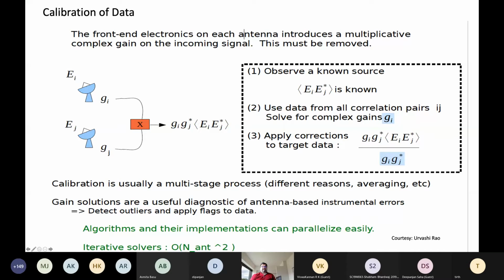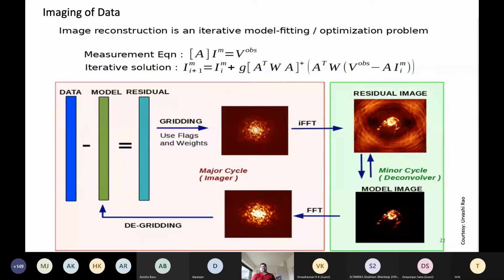But that kind of calibration also comes with a cost. It is of the order of N squared, or number of antennas squared, and that has to be kept in mind while we are building up this cost budget for the computation for the imaging and calibration. So there's a cost for the editing of the data, there is a cost for calibrating the data, and of course, definite cost comes for imaging the data.